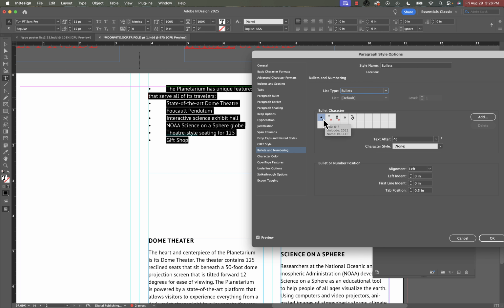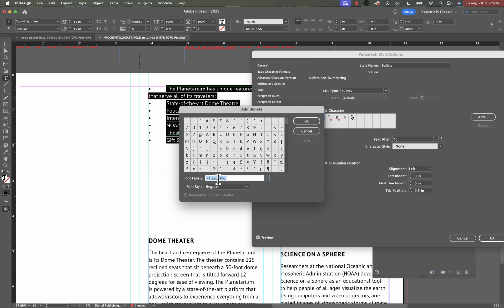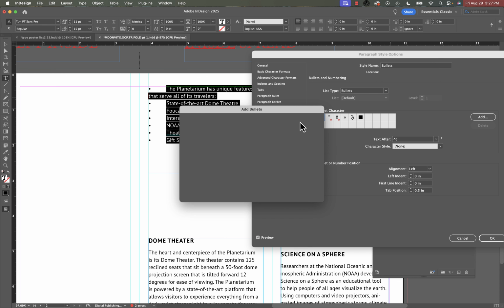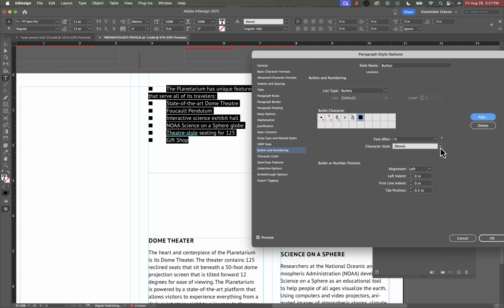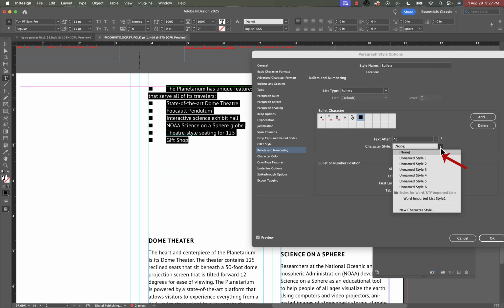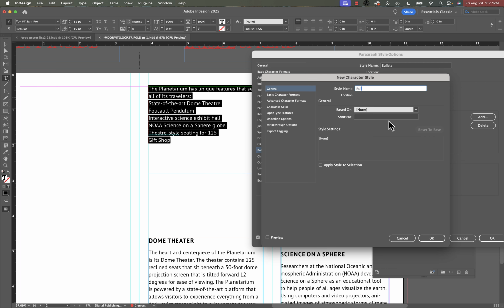Now you can use one of these standards like that, or you could add something cool and different. Don't get too crazy. There's not much in my chosen typeface, but under Zap Dingbats there's all kinds of options for bullets. I would say maybe just keep it really simple. So I'm going to go with a square. Now I have to select the square. There we go. There is a way you can apply a character style to your bullets, to just your bullets. So I'm going to say new character style, call this bullets,